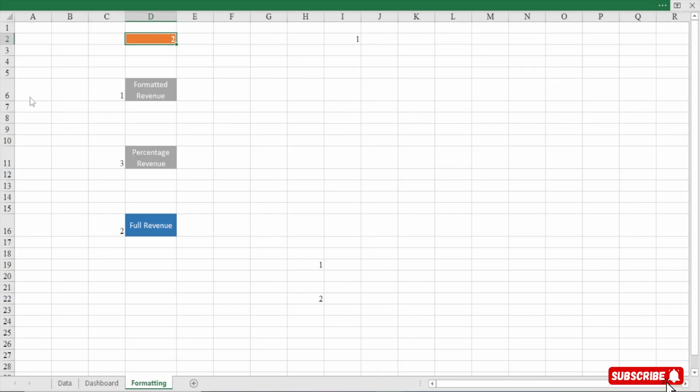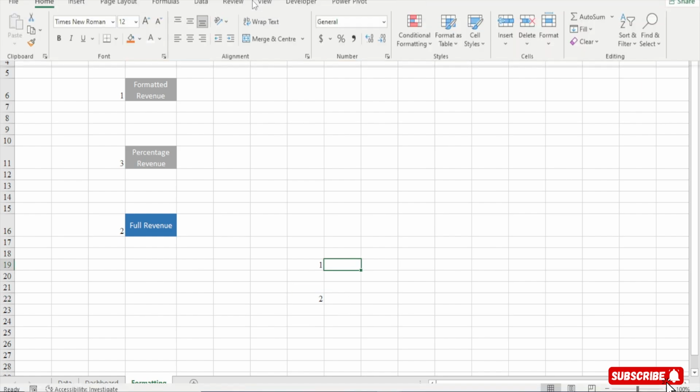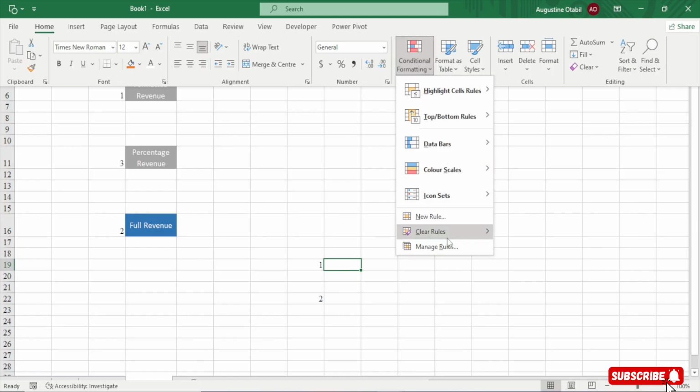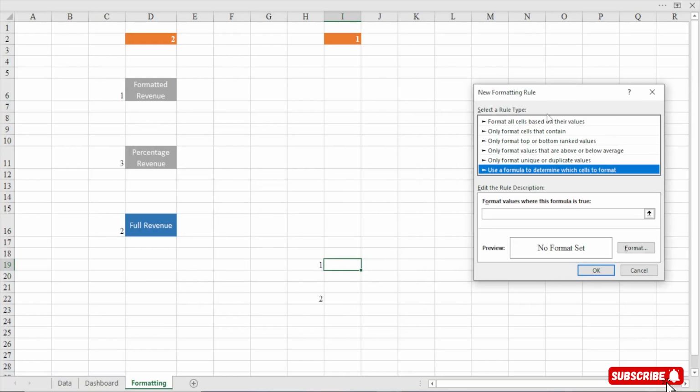Sorry, paint it here. Perfect. So the one and two is just there to know that this is color one, this is color two, right? So select this place, and then come to conditional formatting, new rule from formula, and then you are going to see if this cell is equal to one.